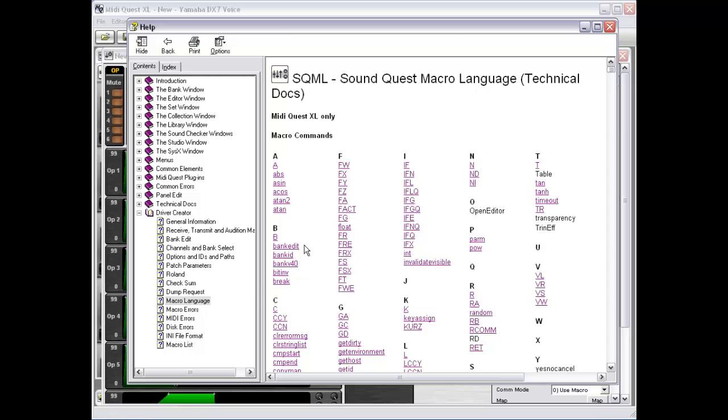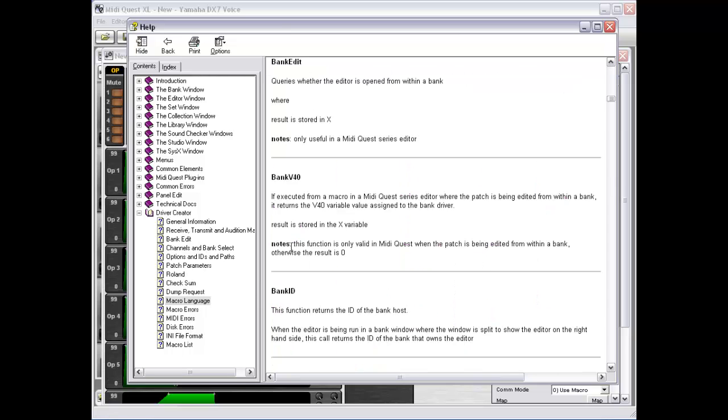Bank edit asks whether the bank editor has an edit window, has a split open, and whether you are editing within a bank window. And the result, if you are editing in that condition, then x will return 1. If it's false, then the result will be stored in x, and it'll be